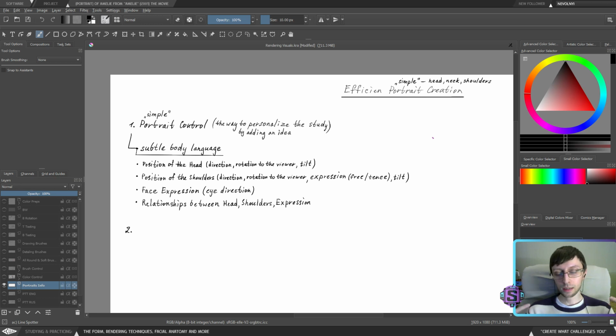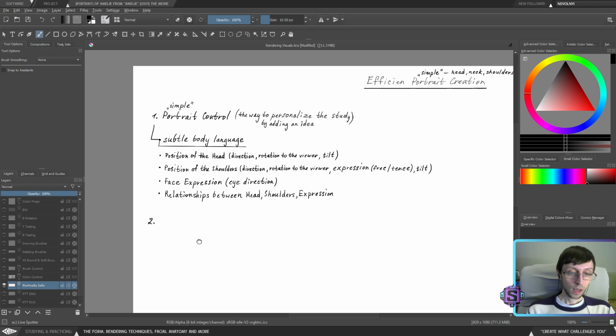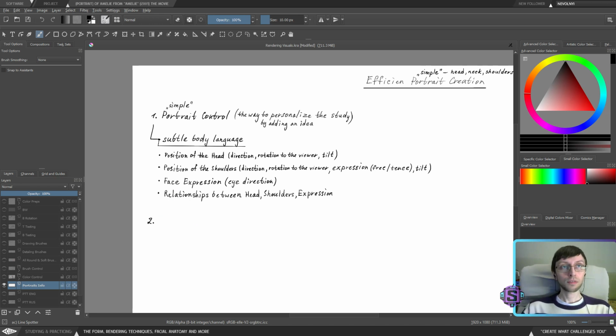You're actually learning something, you're analyzing, you're working with proportions, you're trying to control the portrait through subtle body language, you'll try to create your personal versions of this portrait, and so on. And one of the things that makes this much more efficient is if you create a portrait while studying a lot of stuff. That's just kind of it. So let's cover this now.